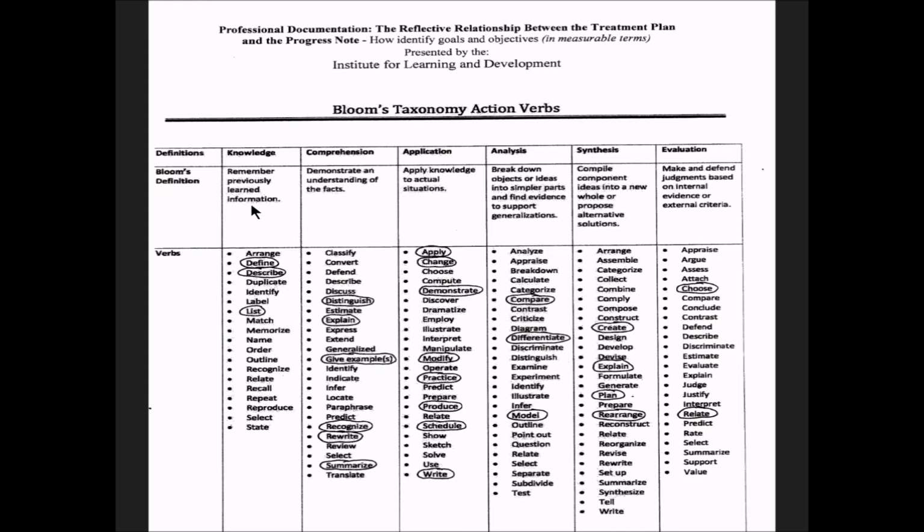and then I'll give you a demonstration of how to document that in a progress note in the next couple of slides. But this is a way to have SMART goals that are observable, definable, identifiable, using Bloom's taxonomy of action verbs. I've circled some of them that would apply, and you can print this out as part of the supporting documentation in this training.